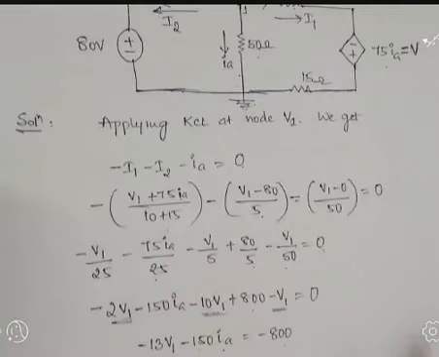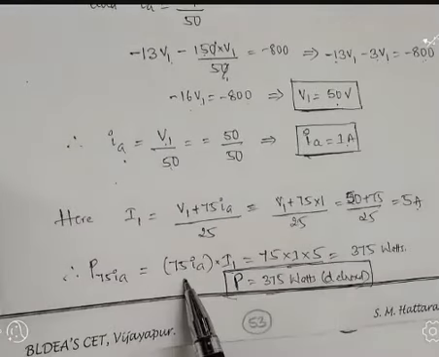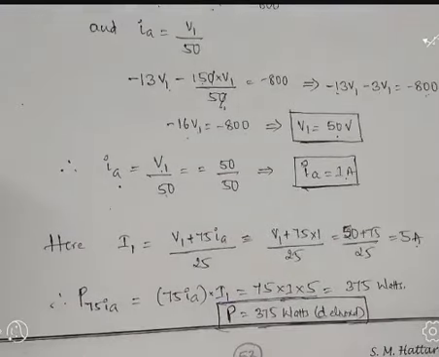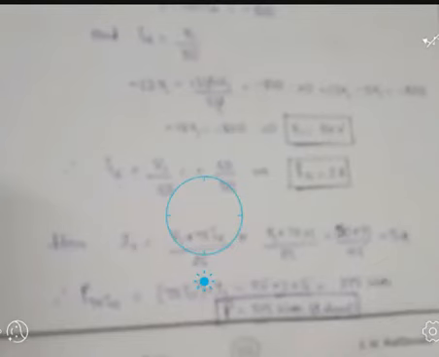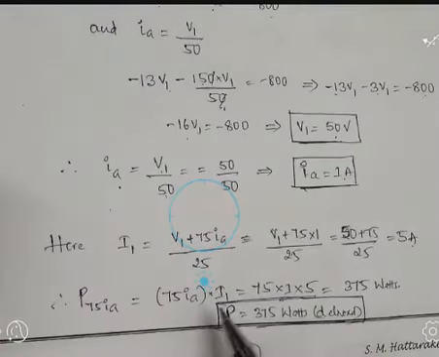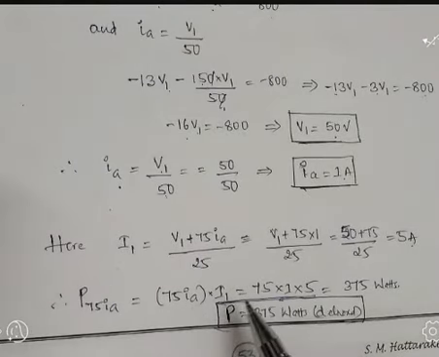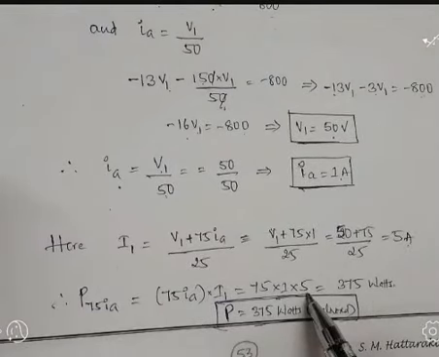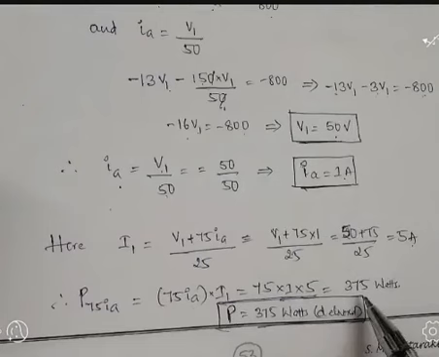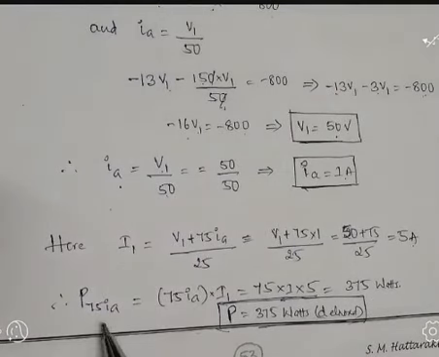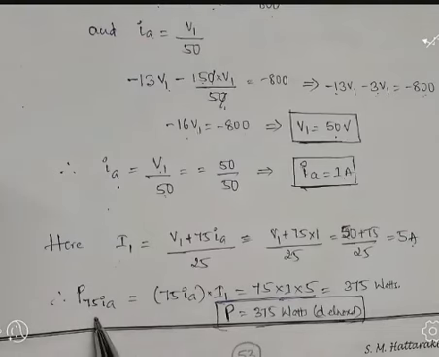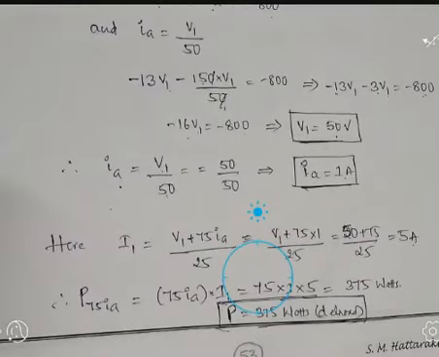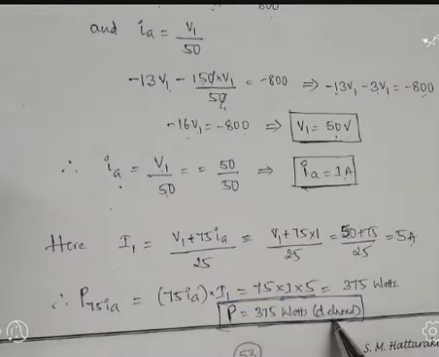So substitute the values here. V is indicated by 75 IA multiplied by current I1. So next is substitution of the values. 75 as it is, the value of IA is 1 ampere, multiplied by I1, which we already calculated, that is 5 amperes. Here substituting 75 into 1 multiplied by 5, that is 375 watts. Hence, the power delivered by the dependent source is P equal to 375 watts. So because of that reason, here inside the bracket, I wrote power delivered.